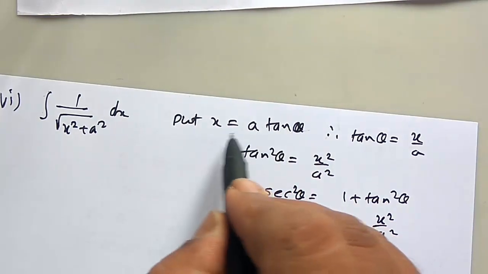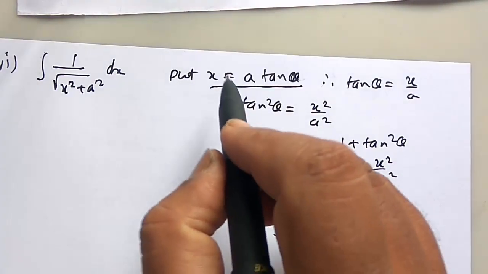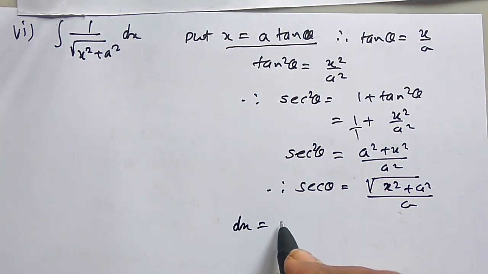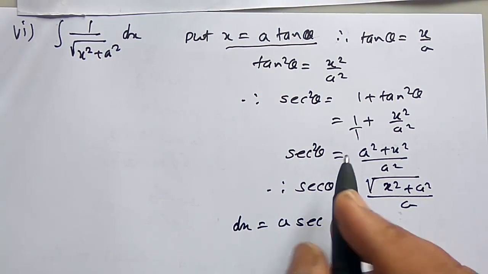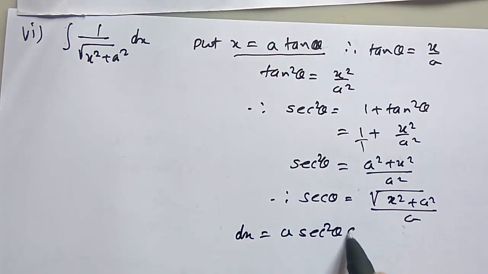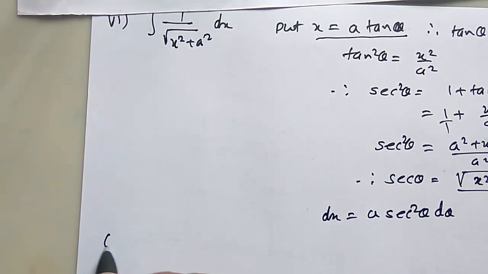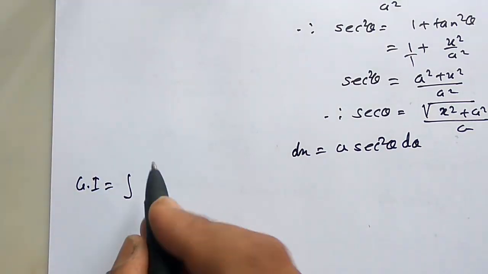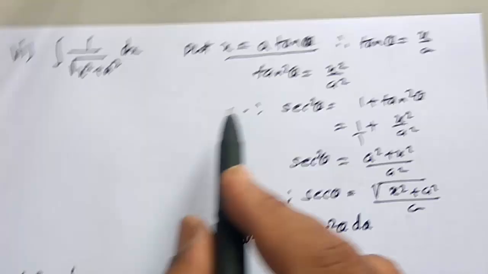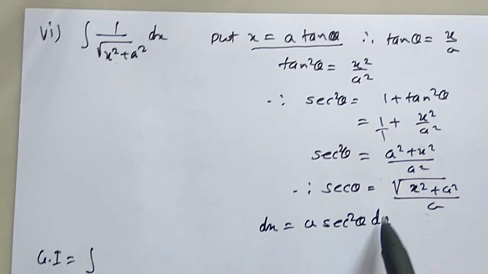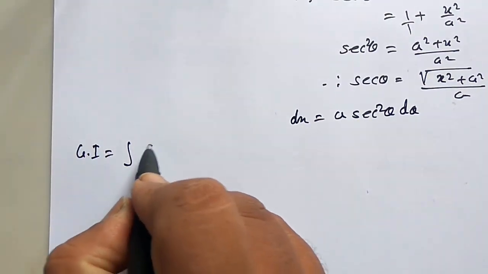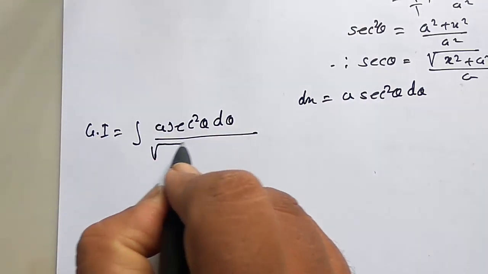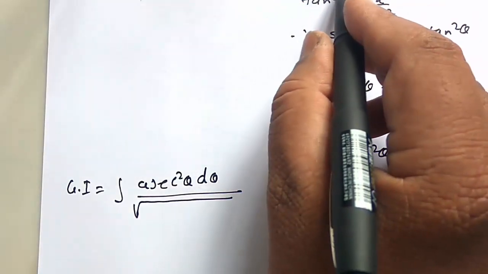Now x is equal to a tan theta. Differentiating x with respect to theta, we get dx is equal to a sec square theta d theta, since the derivative of tan theta is sec square theta. So the given integration becomes, we replace dx by a sec square theta d theta. So a sec square theta d theta upon under root of x, which becomes a tan theta,